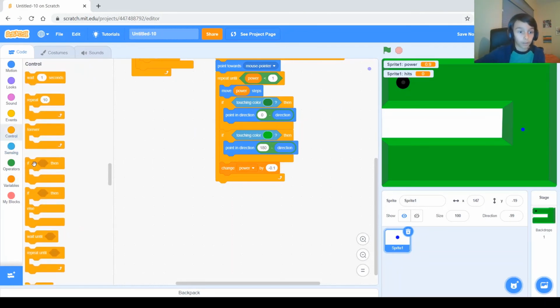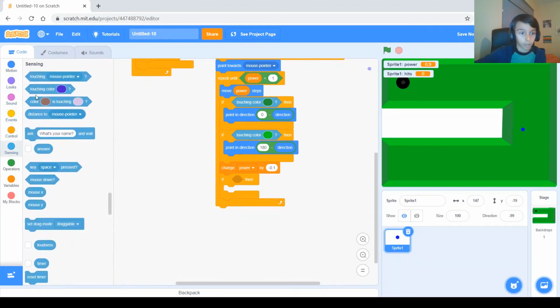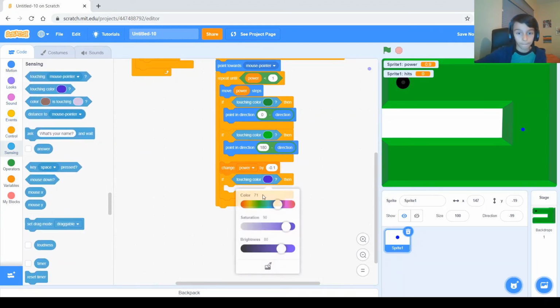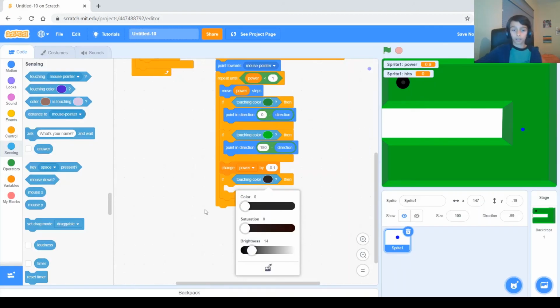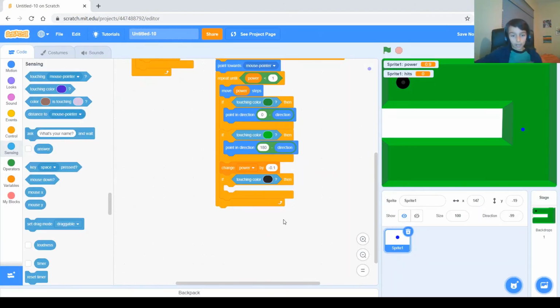So we will want to make an if. If touching color, and then we'll pick the middle color. Remember how we put 2 colors? We want to get the inside color. So if it touches that color, then